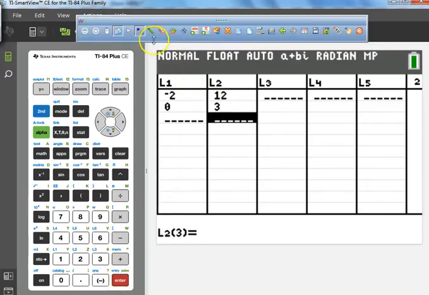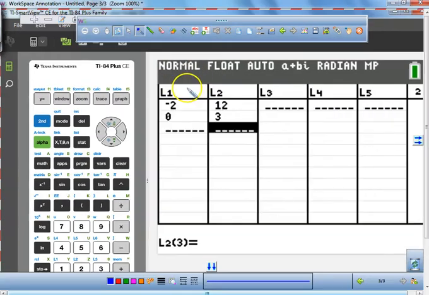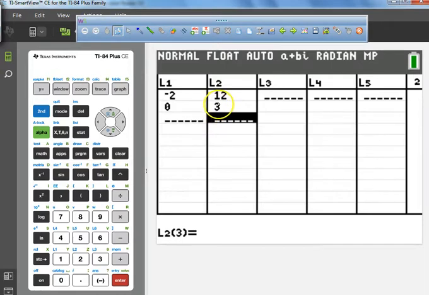Okay? L1 represents your x values. L2 represents your y values. Now, once you get your table, remember, you only need 2 points to do this. And a line, how many points do you need to create a line? Just 2. So it's STAT,